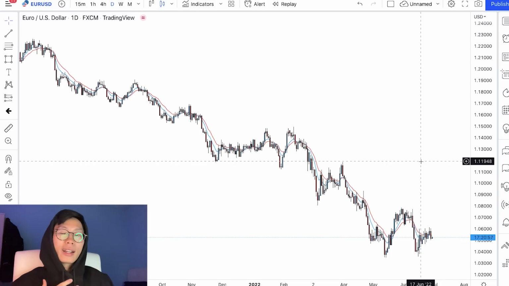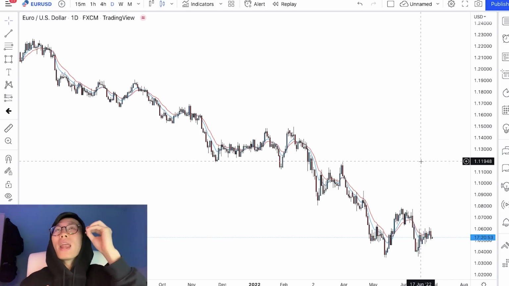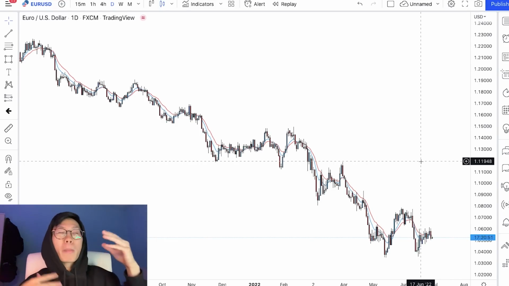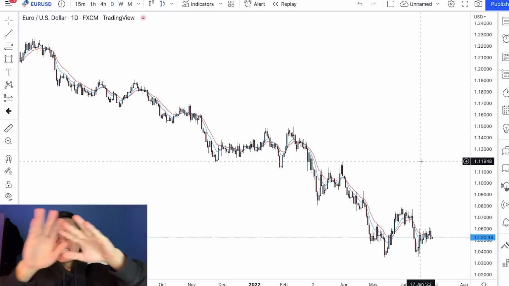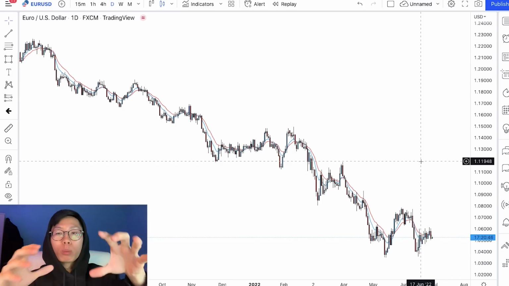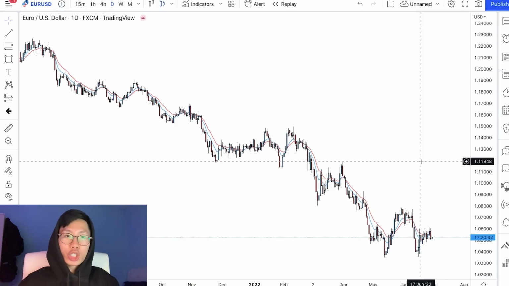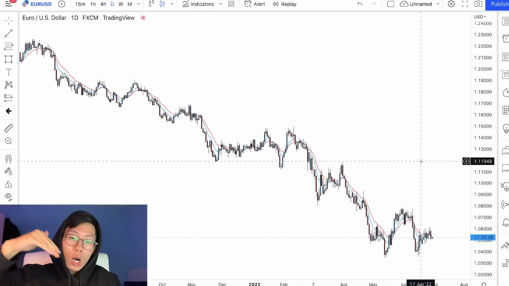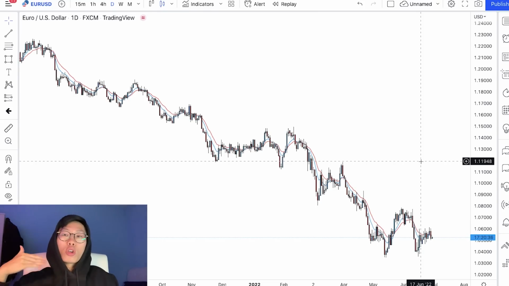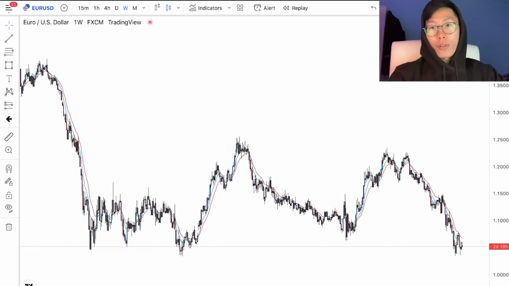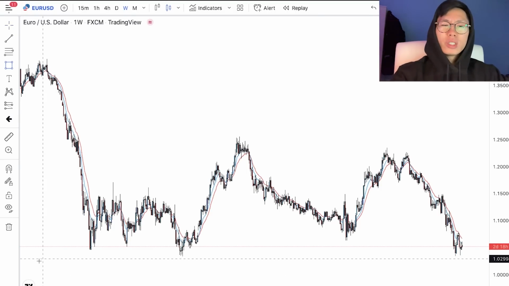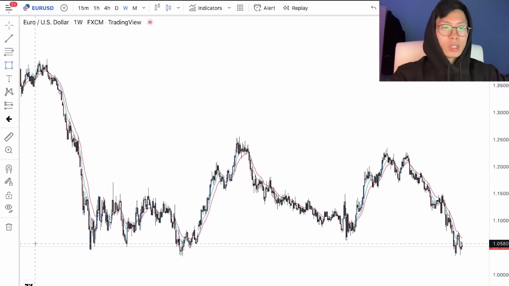Like I said, guys, there is no single best time frame to trade on. So many people always ask me this: what is the best time frame to trade on? And the truth is there is no single best time frame to trade on. It all ties in together, guys. So you must make sure you analyze the charts from a higher time frame down to the lower time frame to look for your entry. So I like to start off on the weekly time frame to mark my very strong support and resistance levels.